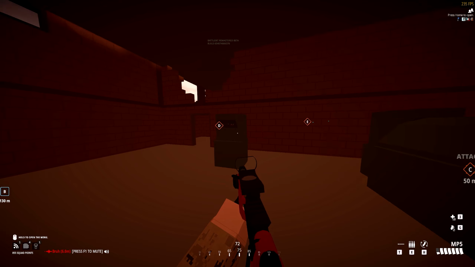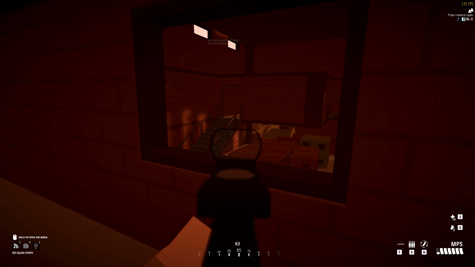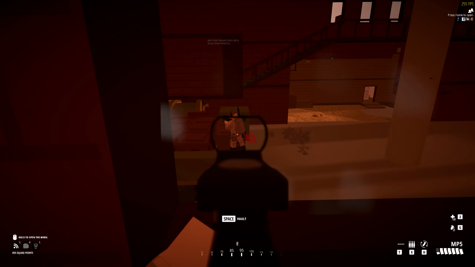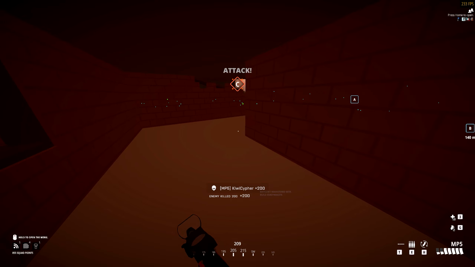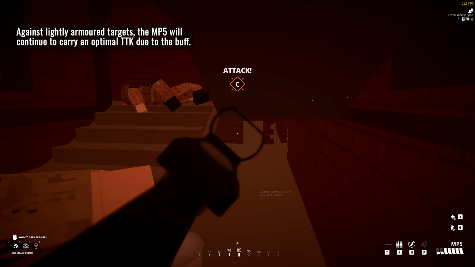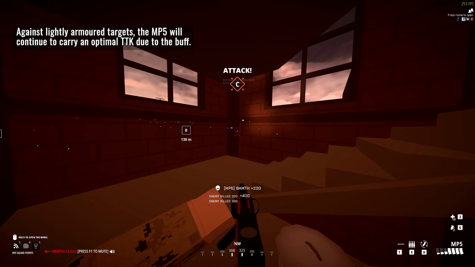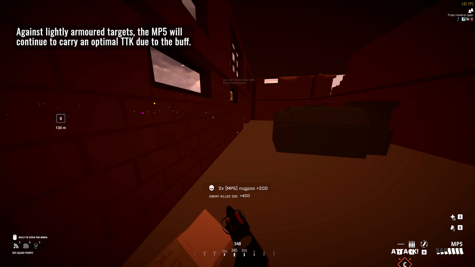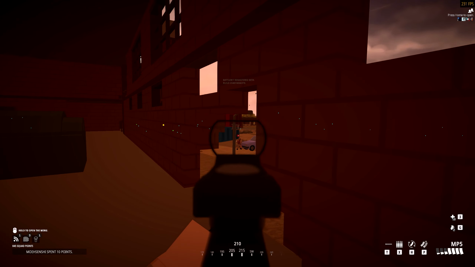The Vector and the MP7 both outclass the weapon for raw CQC time to kill against an unarmored target. That is still the truth. What that small change does do, however, is improve the MP5's time to kill consistency across an additional armor class. Against light armors, we actually end up maintaining the 4 bullet to kill requirement, which was not possible prior to the buff,